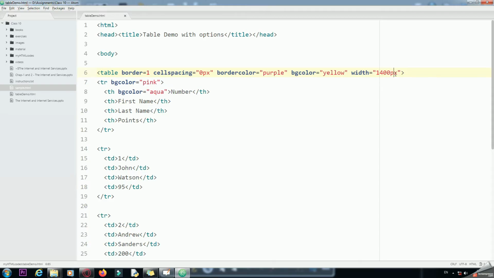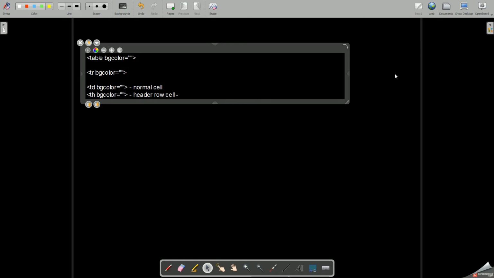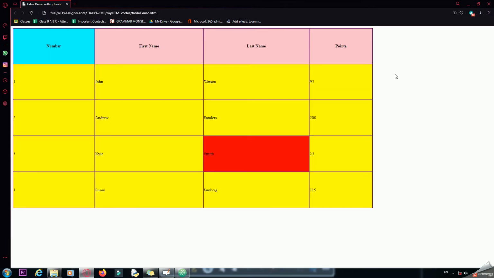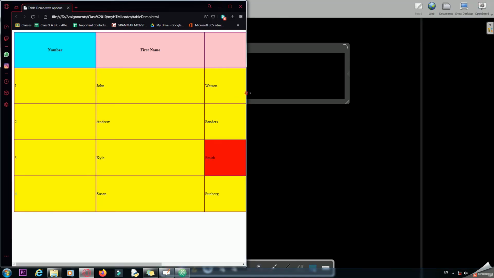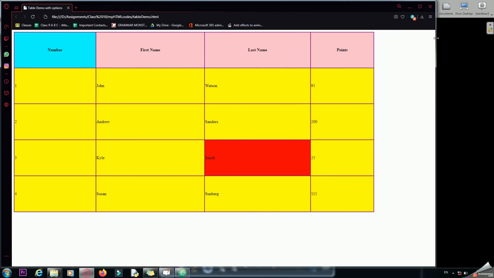Now to increase the height of the table, normally we don't increase the height of the table because height is taken up by the content in the table, the number of records or rows in the table, but still you can increase height if you want. Suppose I give 700 pixels here, come back and refresh the web page, and you can see that the height of your web page has also changed.